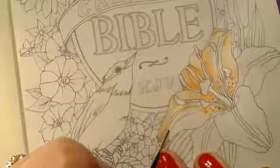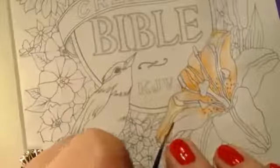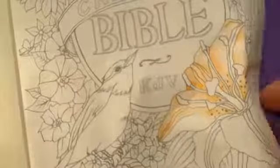Now, if I'd worked the other way, but I can't because of the angle, I would have gone from dark to light, and that would have been a lovely watercolour effect. But I'm upside down, so